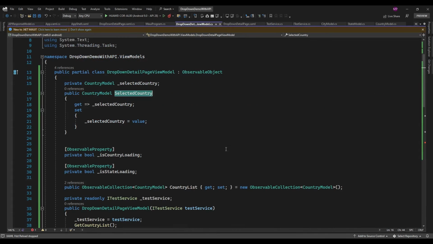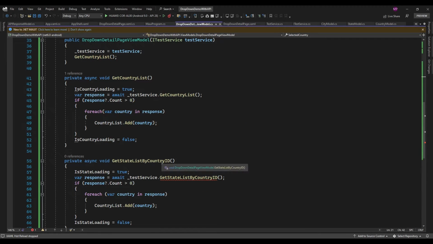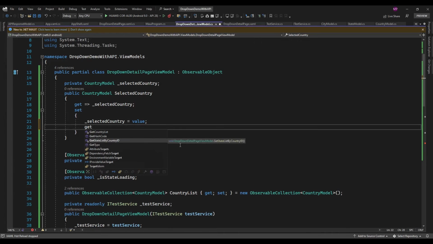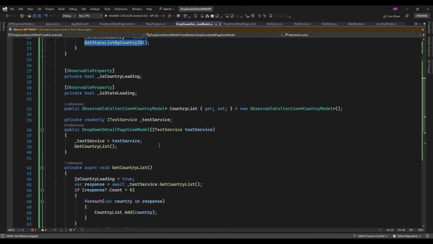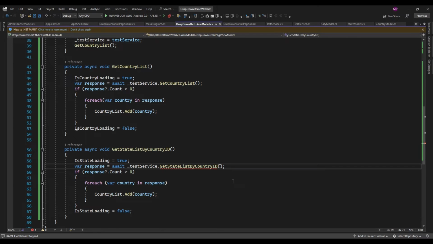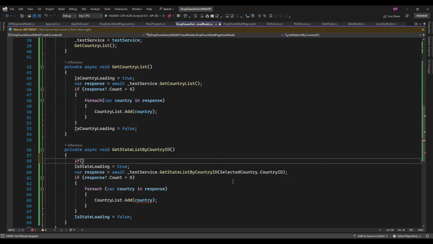Okay, for selected country I am not using an observable property like this. I am using a getter and setter, because when the country is selected, at that time I need to call this get state list by country ID method. So for that I am using this. So when the country is selected, I will call this get state list by country ID, and here I will pass selected country dot country ID. So I'm checking that selected country is not null,